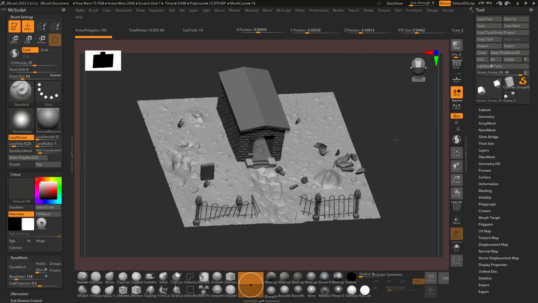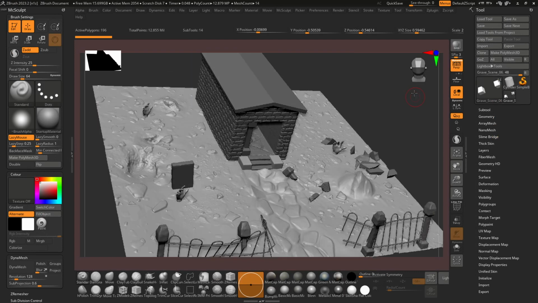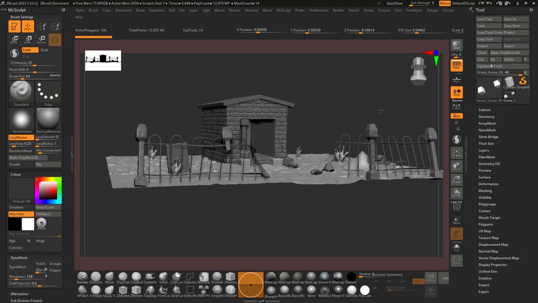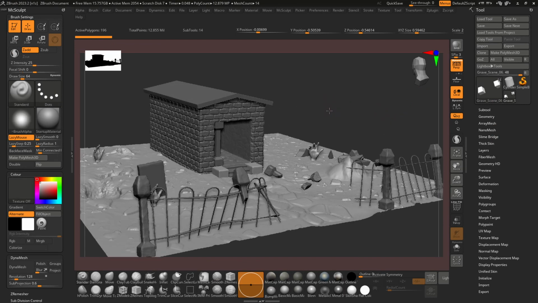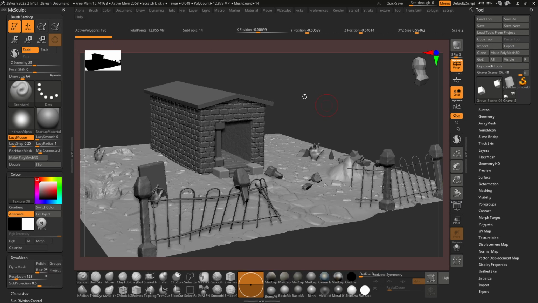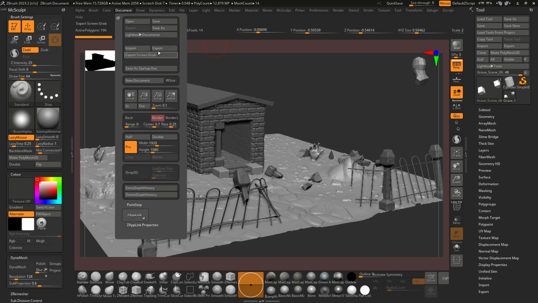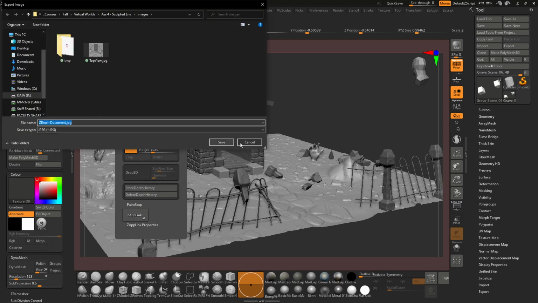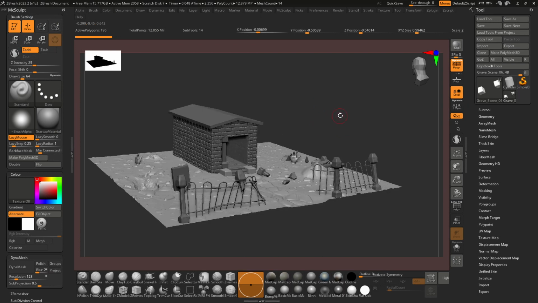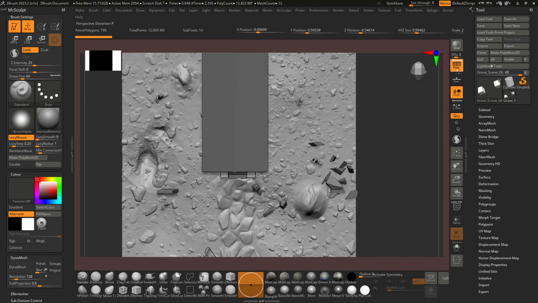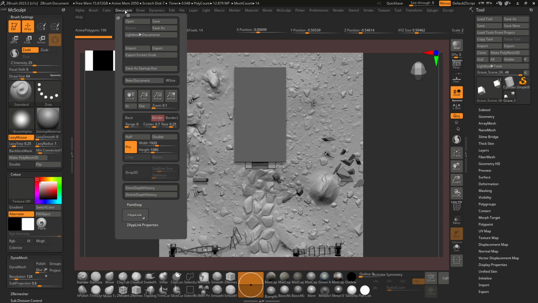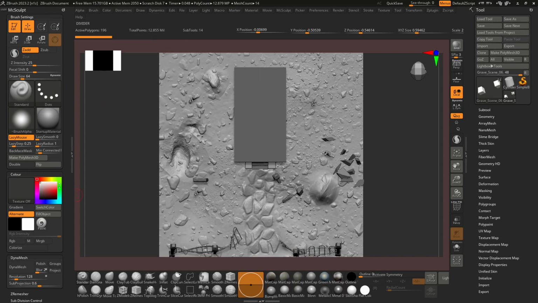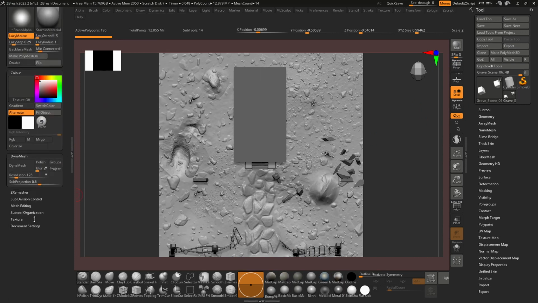So then the next step is a 3/4 view. So I usually will have perspective on for this. Again, trying to frame things as best I can. Again, Document, Export. Okay, this is one method that we can use. I'm going to show you a little bit of a different method that I also like. So I'll go back to top view, hit F to frame everything. And under Document, there's something called ZAppLink, and I've got a compressed version of it down here at